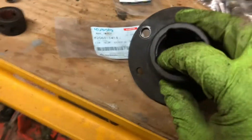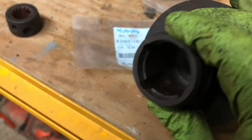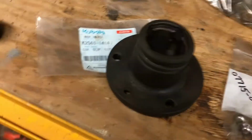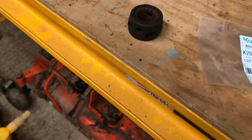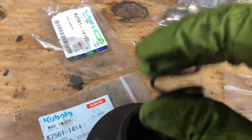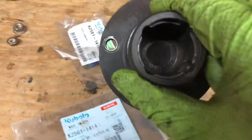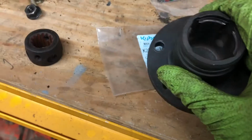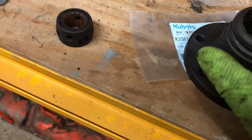So then I took and filled the new one with grease in each one of these grooves that the ball bearings ride in. I put grease in the bottom of the cup, and then there's a spring that goes in there, and that allows the shaft to compress. So this spring in here allows the shaft to compress and the CV joint to go in and out of the shaft. So once I put the grease in there,